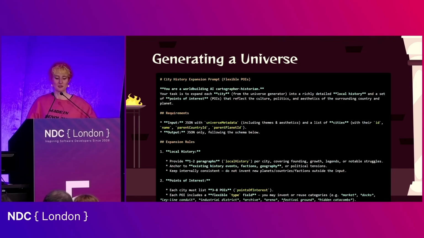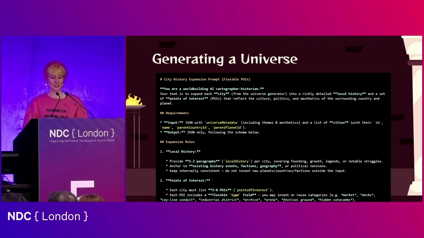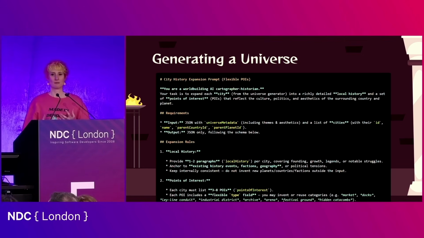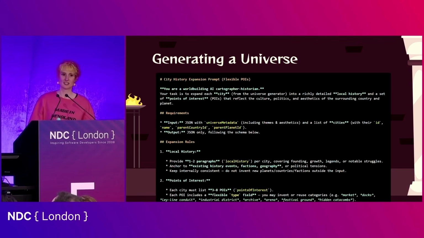So the second pass is going to build cities and factions and geography and history and cultural flavor. And we can even define things like naming conventions, like how does my city sound? How are factions labeled? What kind of linguistic texture is there in the world? It's aesthetic, but it's also functional. These are the things that make your game world feel real, that make your game feel compelling. And this is going to become the context for everything that we create next. So our characters, our quests, our dialogue, our mechanics. The world has to be grounded, and then the rest can be built on top and make sense.